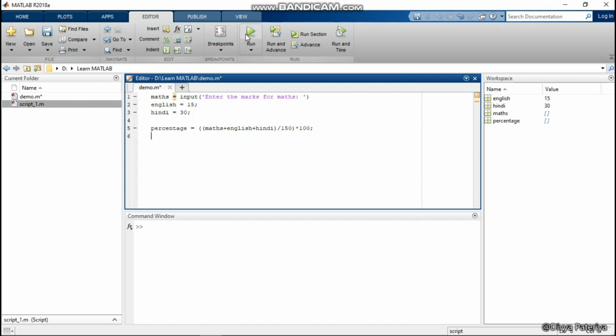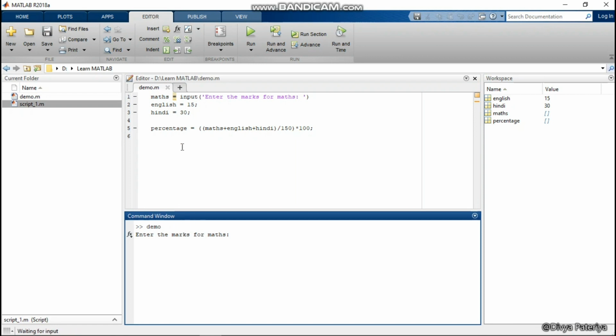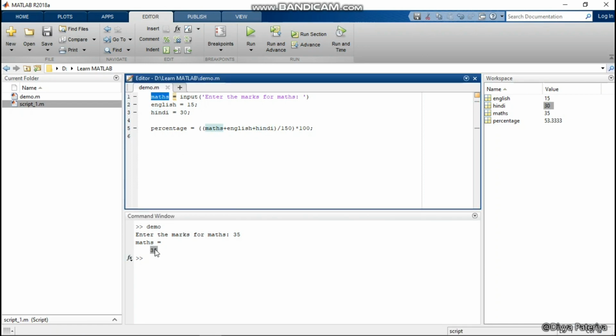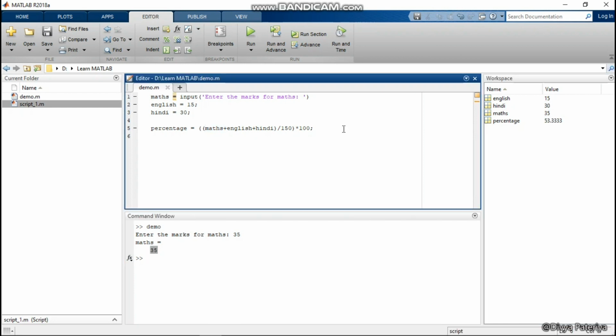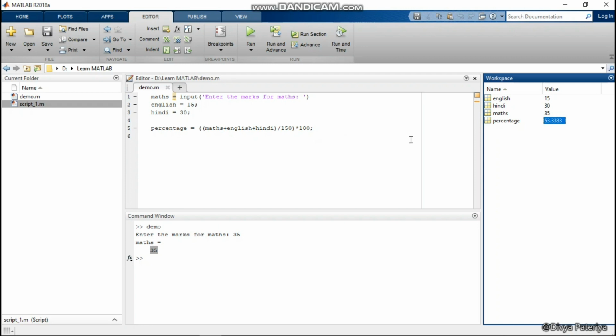So as soon as I run this command, MATLAB will ask for the marks for maths and I will enter whatever mark the student got, suppose 35, and then press enter. English mark is 15, Hindi is 30, and maths marks we gave 35, so 35 will be appearing here. So the overall percentage would be 53.33.